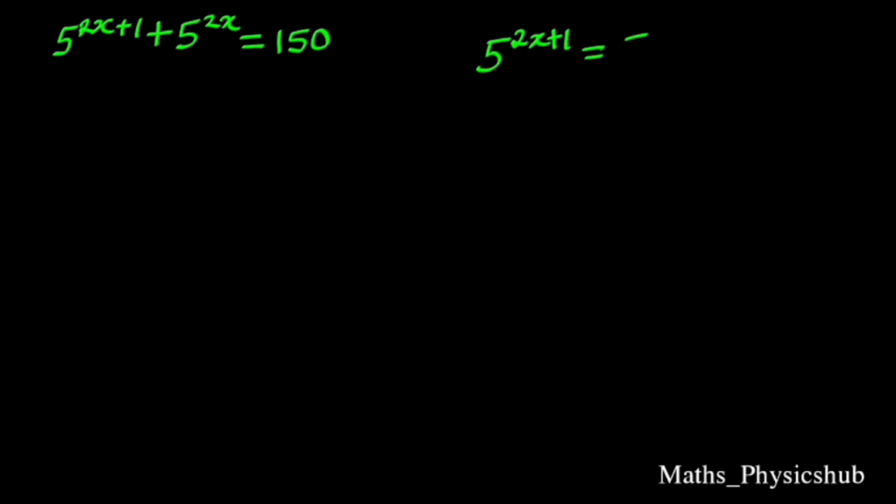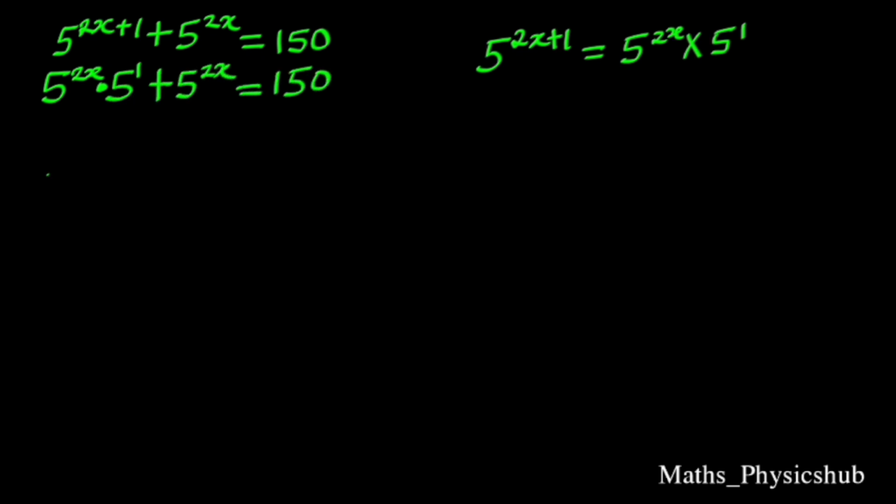Find the value of x, if 5 power 2x plus 1, plus 5 power 2x, equals 150. Let's go ahead and solve. From the law of indices, 5 power 2x plus 1 equals 5 power 2x times 5 power 1. So the above expression can be written as 5 power 2x times 5 power 1, plus 5 power 2x equals